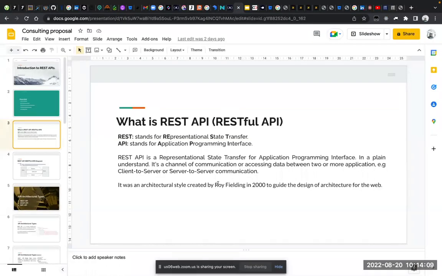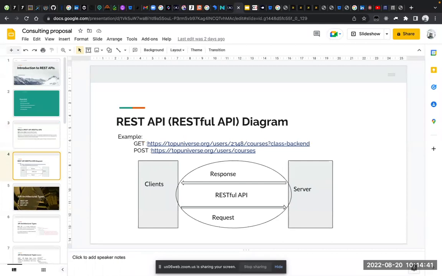So, like I was saying, I don't know where you guys left off, so I'm going to start all over again. We already know the meaning of REST. We already know the meaning of APIs. So we have a broad knowledge of what REST API means. I explained that it was first created by Roy Fielding in 2000. Moving down to the next slide, I have a diagram that shows a proper understanding of what